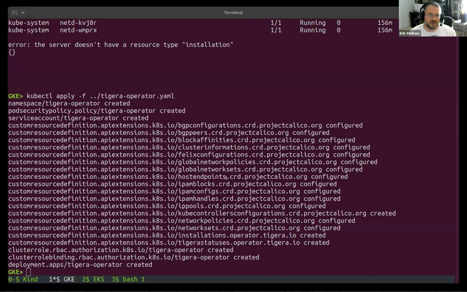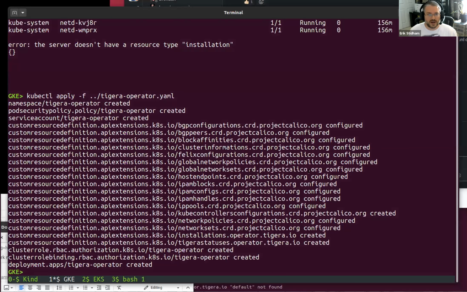And it does this not just for cases where we know something is going to be interfering and blocking the migration, but also if there are things that we see in the manifest or the config that the operator doesn't support, then it will also report that and not try to migrate.